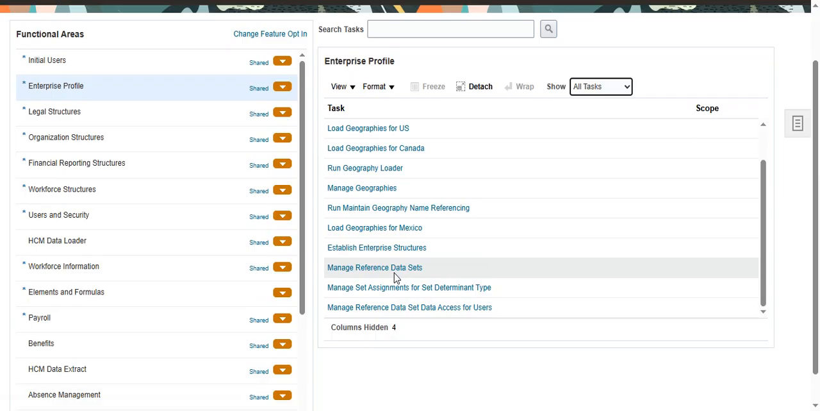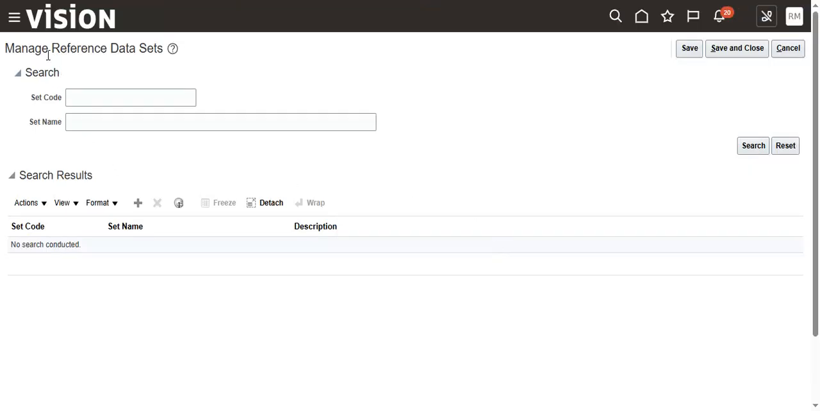Manage reference data set. So in the manage reference data set, we can create individual or common reference data sets. For example, our organization